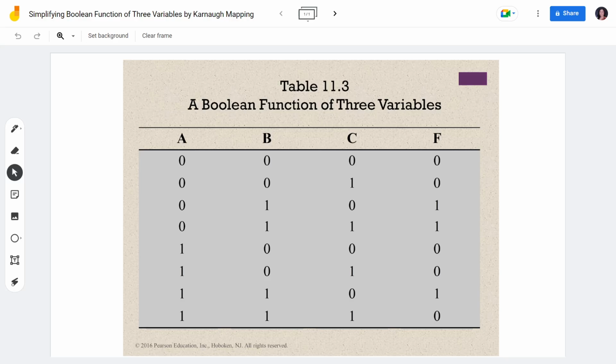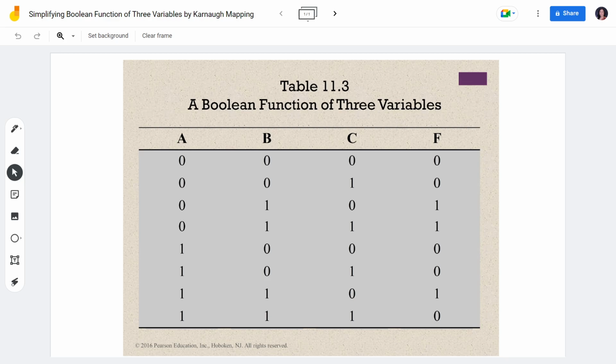So in this video tutorial, I'll be demonstrating how to simplify a Boolean function of three variables by Karnaugh mapping. In my previous video, which was simplifying a Boolean function of three variables by algebraic manipulation, the problem with algebraic manipulation is that you are not really 100% sure if the derived or simplified equation is already the correct and final answer. But for this technique, you are more than 100% sure as long as, of course, you follow the correct